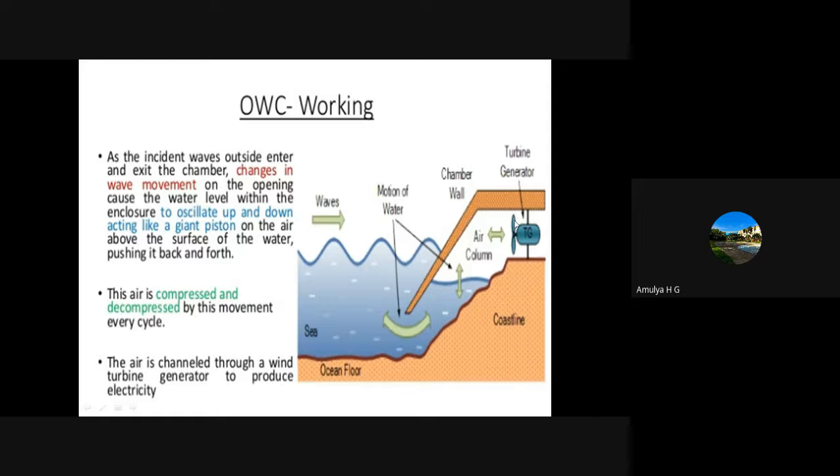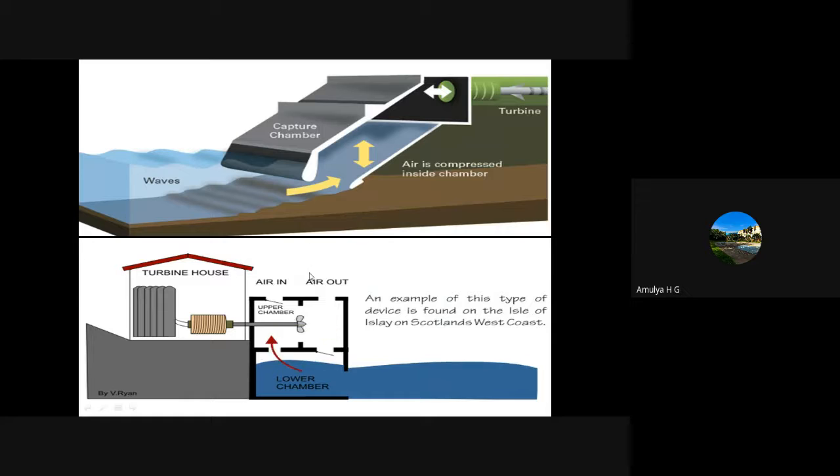The turbine is designed in such a way that it can rotate in a forward as well as in a reverse direction, depending upon compressing and decompressing of the air pressure, so that it can rotate in both directions, converting the air pressure into mechanical energy. It is driven in both directions, so that even when fewer waves are created, the airflow is sufficient to rotate the turbine for generation of electricity. So this is how the oscillating water columns operate. This is the working of the oscillating water column.